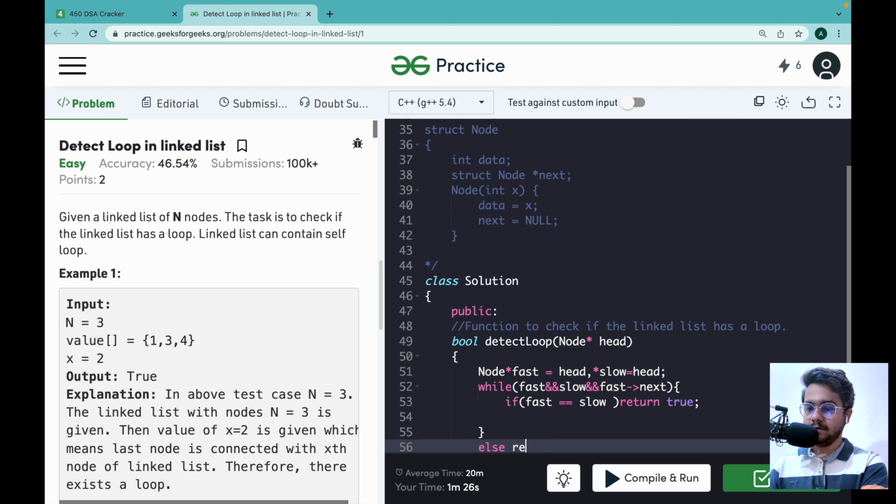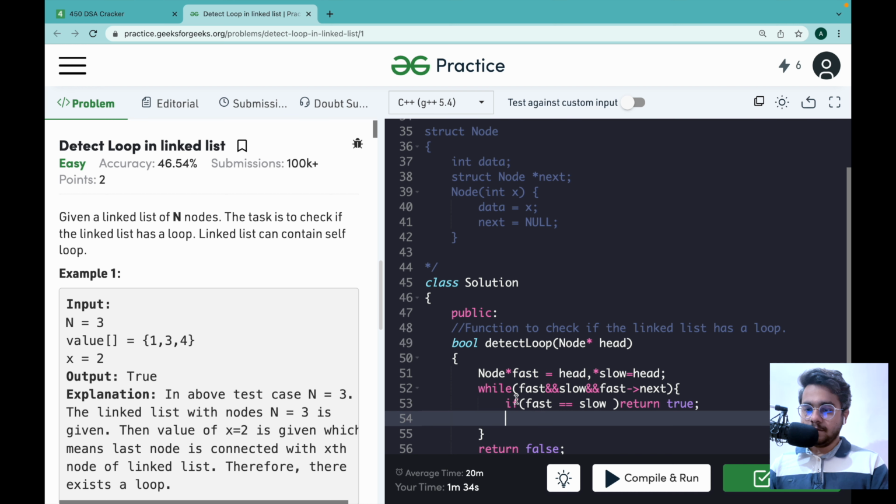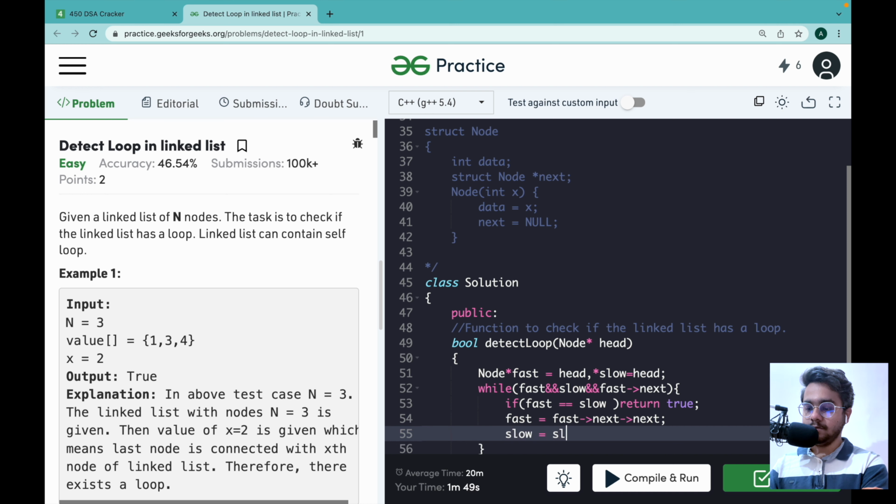Else, we are not inside the loop, so fast will move by 2 speed. So fast is now equal to fast next next, and slow will be equal to slow next, because it is moving only one step.